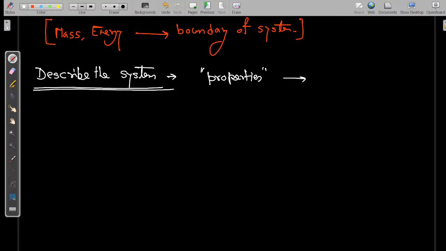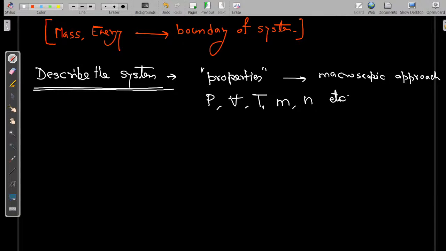defining the system for macroscopic properties. For example, pressure, volume, temperature, mass, number of moles, etc. These are the different properties which are used to define the system. आपको कैसे सिस्टम को डिस्क्राइब करना है, these are the properties which describe the system. Okay, so